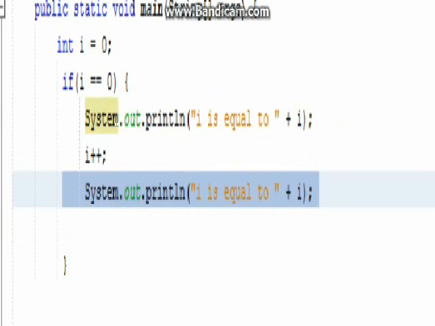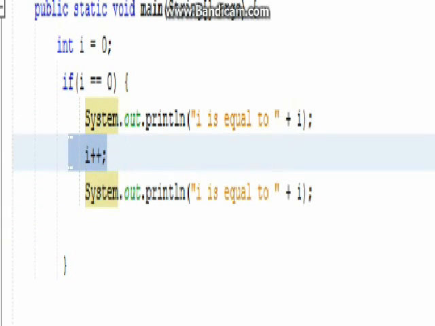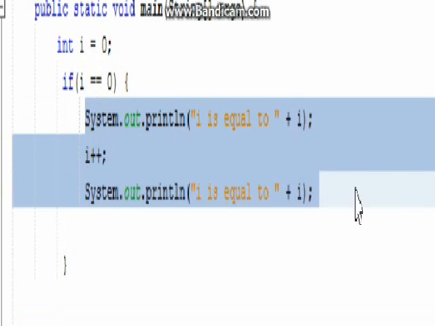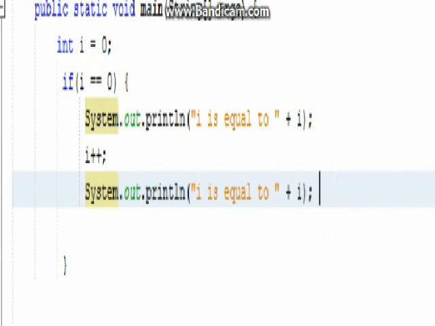Now, what you're going to say is, well, if you added 1, then now it's not equal to 0. But what you're not looking at is that it was equal to 0, and it's reading things in chronological order. So it's going to read this, and it's going to be equal to 0. Now, no matter what we change in I, it's still going to run the code inside this. So that's cool. We could tell it to write it a bunch of times, but